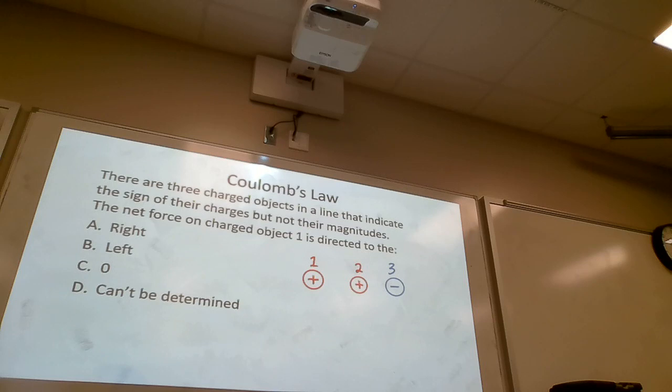And everything. Well, you got two masses going. Right. Keep going right. Correct answer is